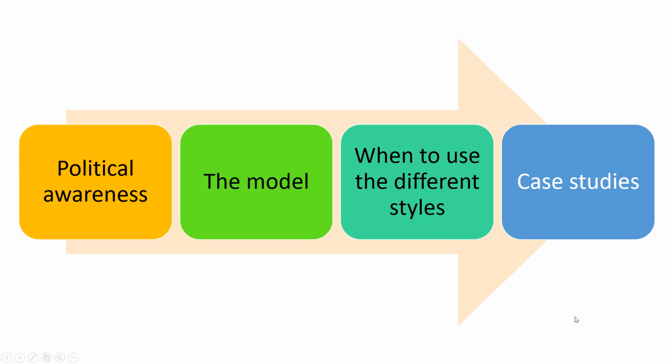So what are we going to be doing today? Well, we're going to look at a model of political awareness, and you might say, why would I be covering political awareness when we're talking about negotiation and conflict management? Well, the reality is that we are not working in a vacuum. We work in a system. The system extends beyond the boundaries of the organisation. And so it's very important for senior people to be very politically savvy. And I often find people are quite put off by that idea.